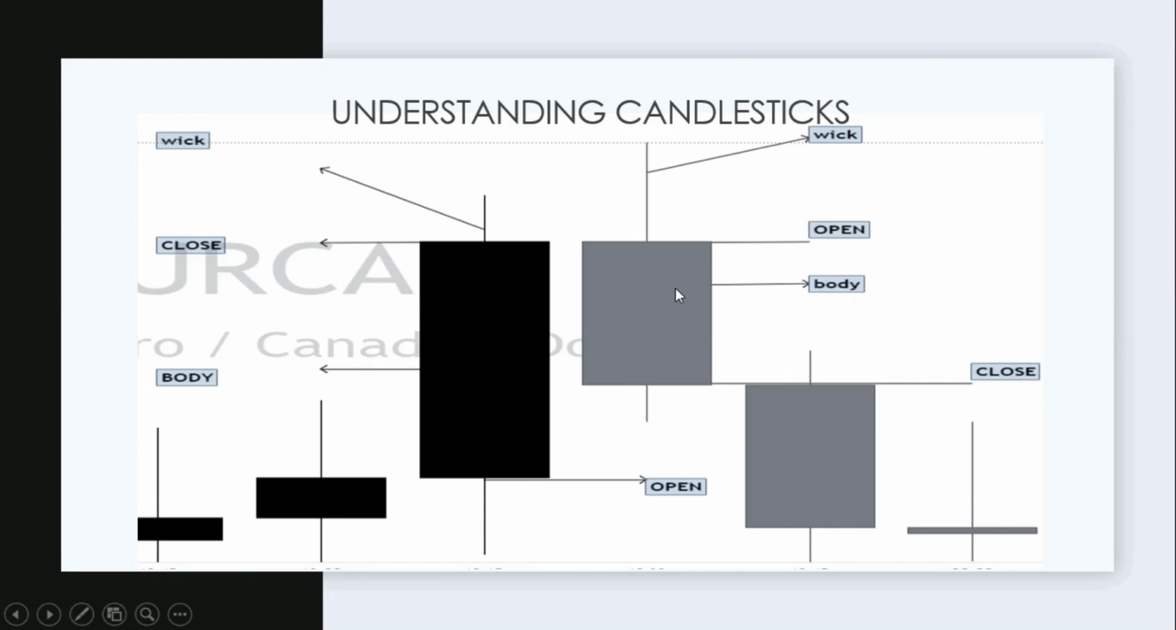The body right here, that's the body. Both have bodies, this bullish and this bearish, the buy and the sell. They are the same: they both have a body, they both have wicks, but their closing and opening differ because of the selling